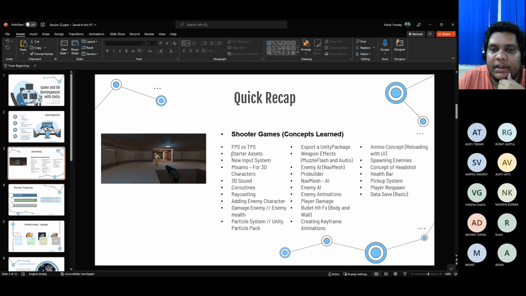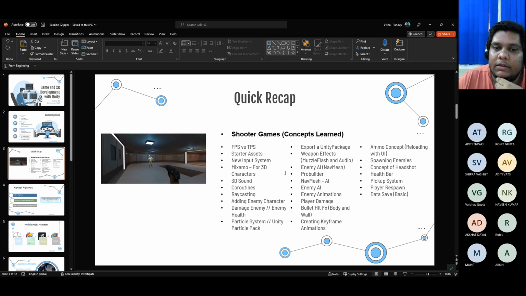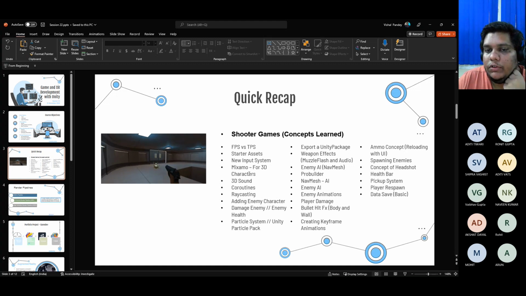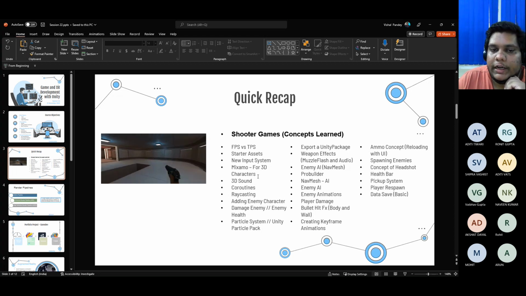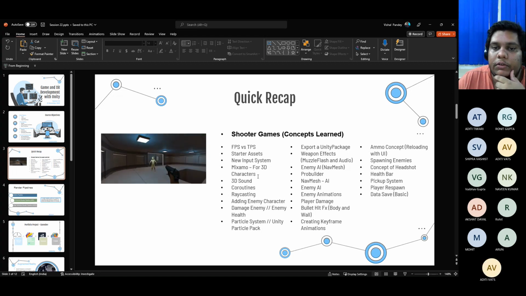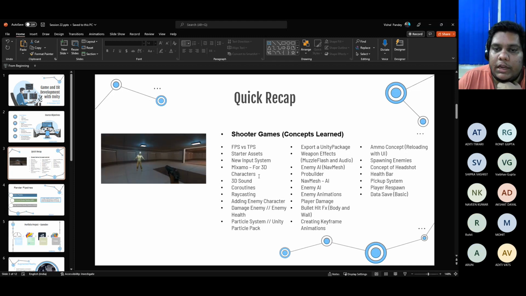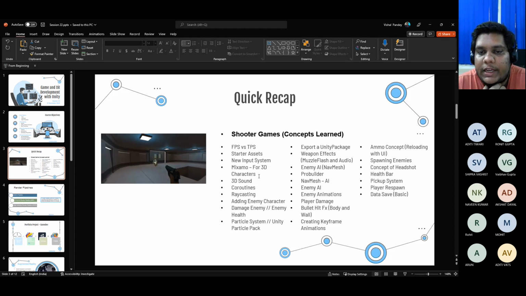We started with basic setting up the scene, learning the difference between first person and third person, adding 3D characters. So we learned about Mixamo, which is an important tool that you'll use in VR as well. So Mixamo will be very useful going forward whenever you want to create characters and prototype for characters, at least at your level when you're building your portfolios and building prototypes. Mixamo and some other similar tools like Ready Player Me is one new tool that we have not explored, but I'll share links with you and you can explore that. So these kind of tools will be very important when you're creating your portfolios and prototypes.